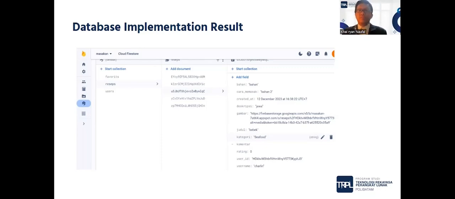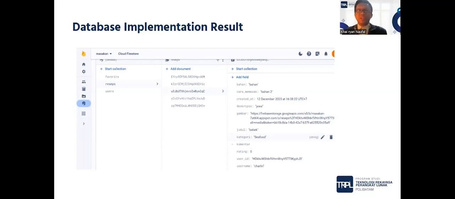We use Firebase Firestore for our database, which is NoSQL. We use this because the integration is very useful for our services, like from the collection user here, we use Firebase notification. That is why we use Firestore Firebase.